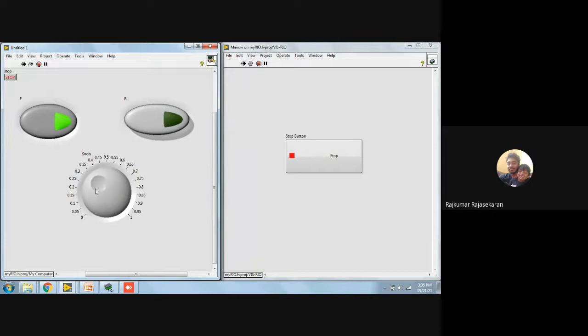So if you see, this code is running under my computer. This code is running under my Rio, right?